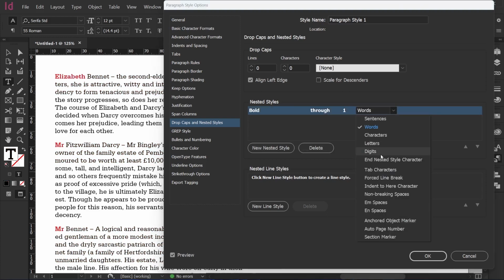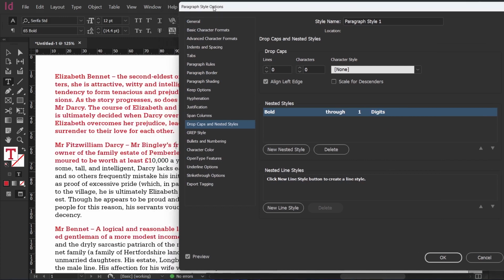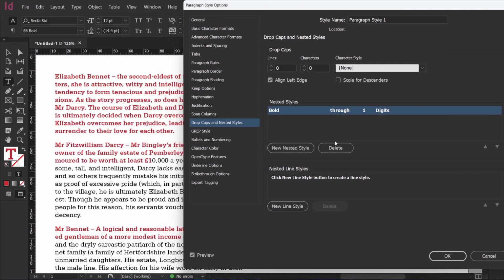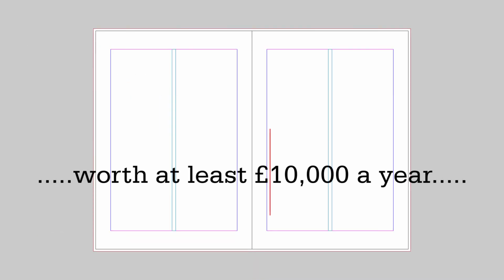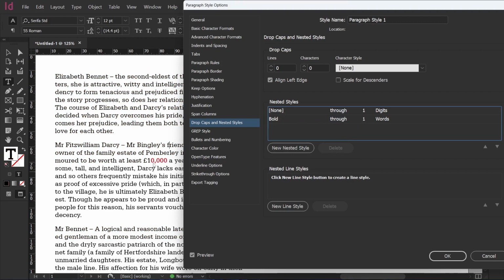If you want to mark the number, select digits. But it will change the text before the number into bold. Think about it. Words before numbers should not have any character styles applied. After the number and before the first word, bold should be applied. Now that the first number is not applied to bold,